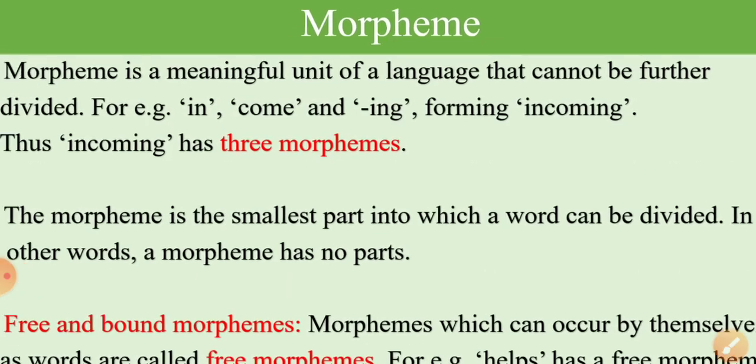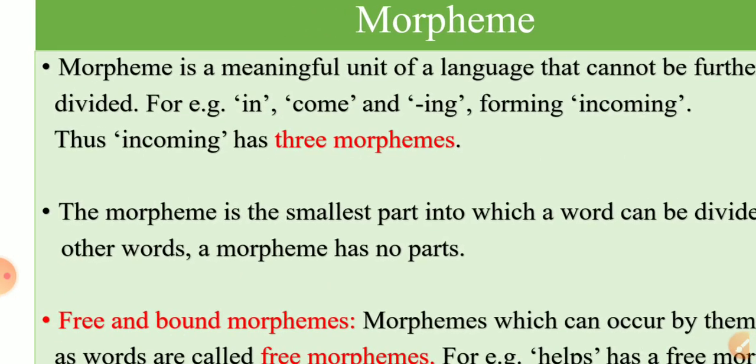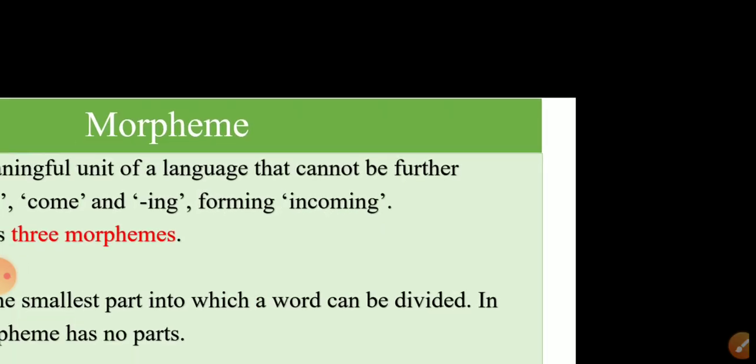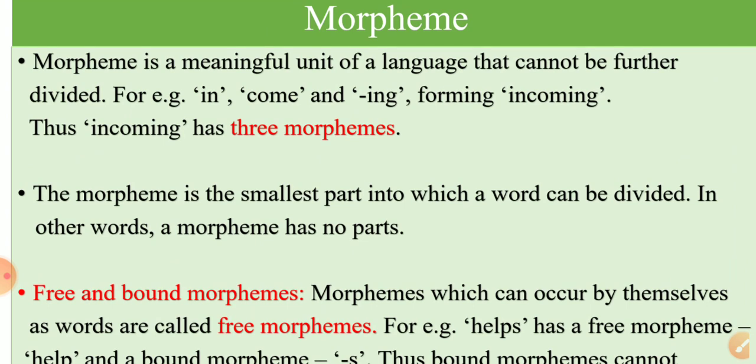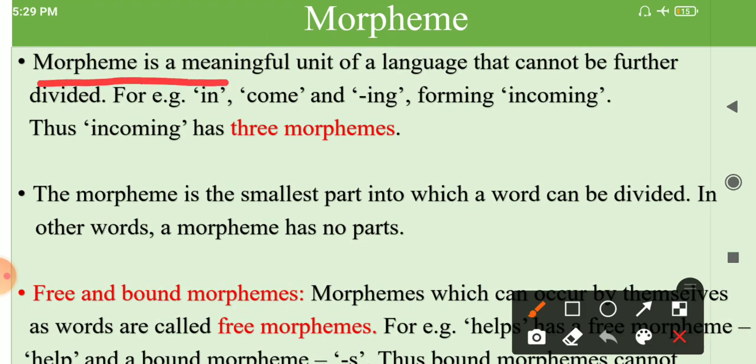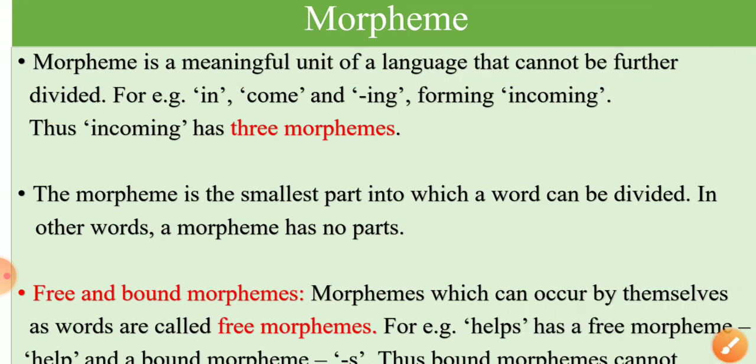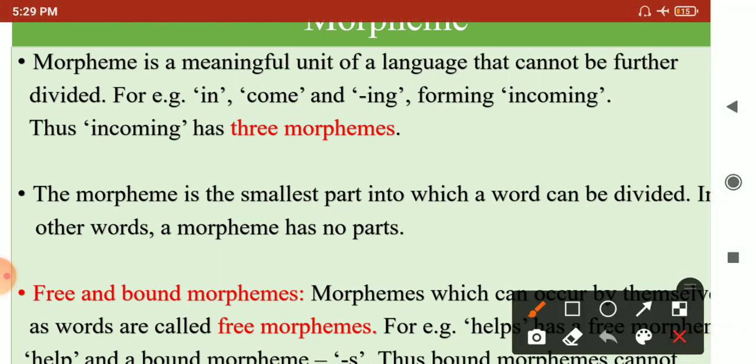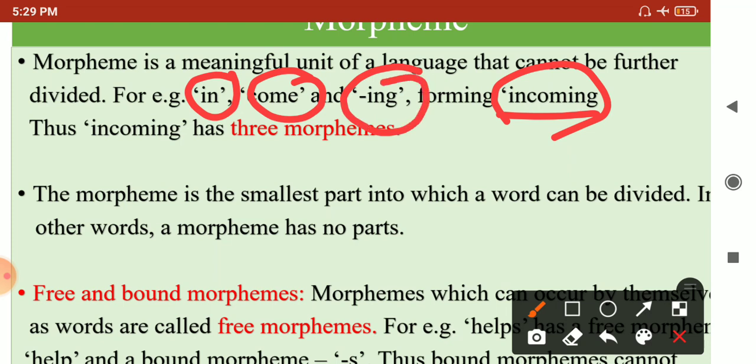Similarly, in morphology, the smallest unit is the morpheme. What is a morpheme? A morpheme is a meaningful unit that cannot be further divided. In morphology, the morpheme is the smallest meaningful unit of a language that cannot be further divided. For example, in, come and ing, forming incoming. This word is formed with the help of in, come and ing. So incoming is formed with the help of three morphemes: